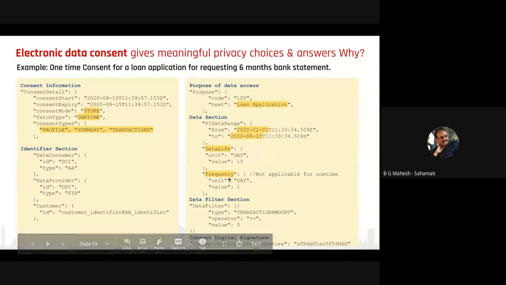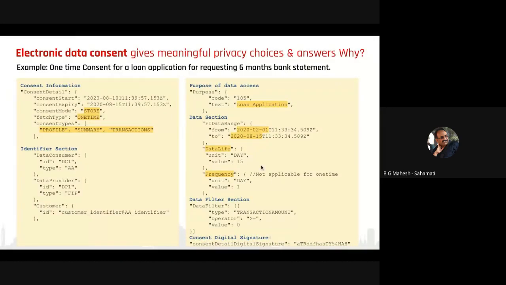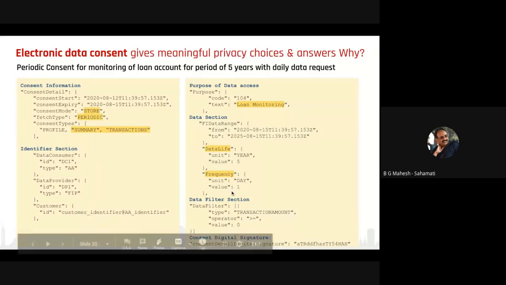The data life, which says 15 days, is important. So the FIU is allowed to process your data only for 15 days. After the 15th day, if it wants to access the information again, it needs to again take the consent from the user. And if you violate this part, according to the new law which is yet to get approved, you will be penalized heavily. And here we have something called the recurring consent. So I'm saying it is a periodic consent. Every day I want to be pulling, and I can use the information for 5 years. So for 5 years, every day, I'll be able to